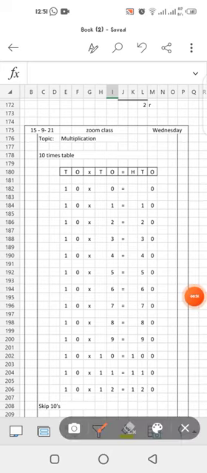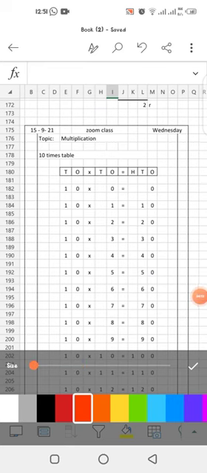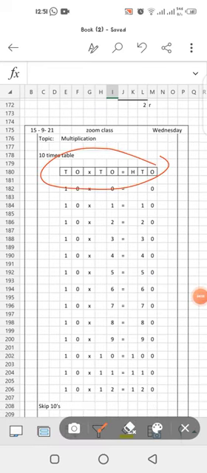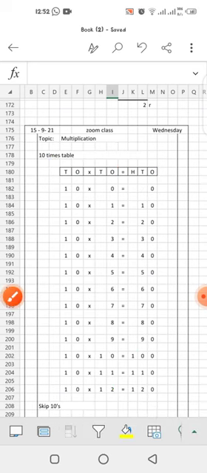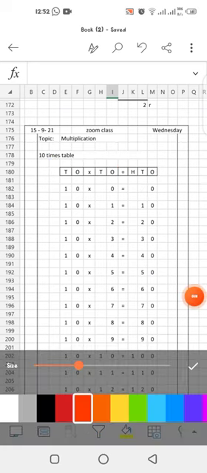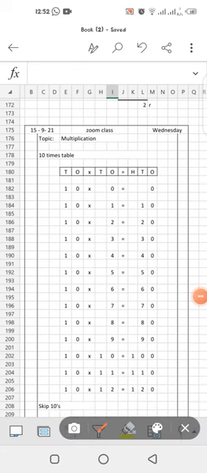For this 10 times table, first of all, what you have to do is that this time the grid is a little changed. There is 2 tens and ones, multiply tens and ones and equals to, you have to write 100 tens and ones instead of writing only tens and ones, because this time we are having the numbers of hundreds too. So it's tens and ones and equals to 100 tens and ones. Starting the table from 0.